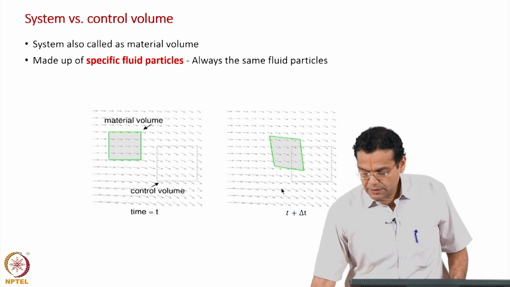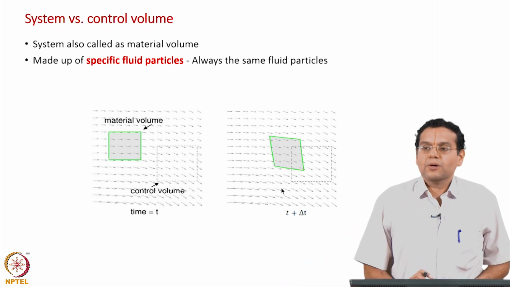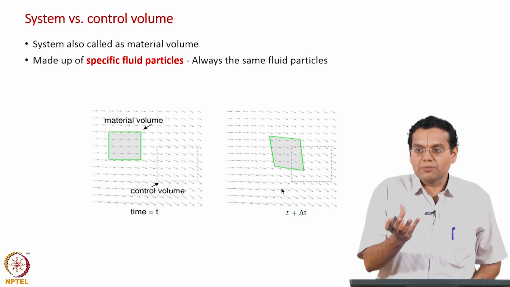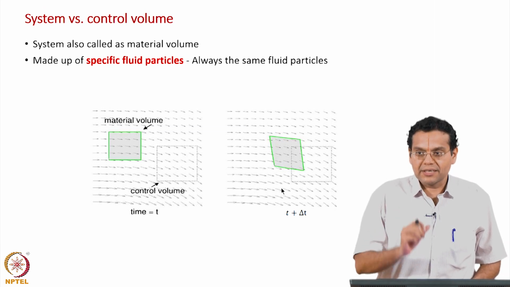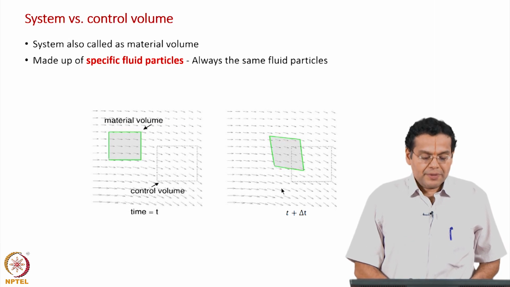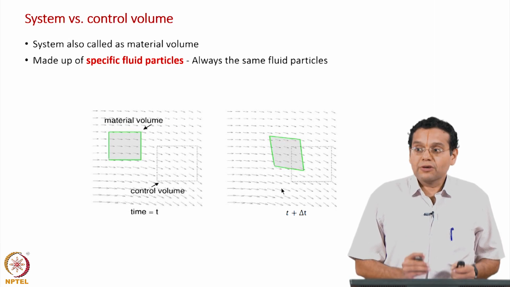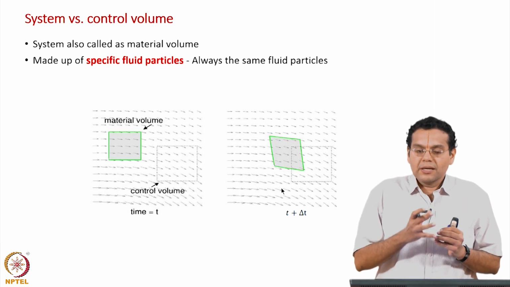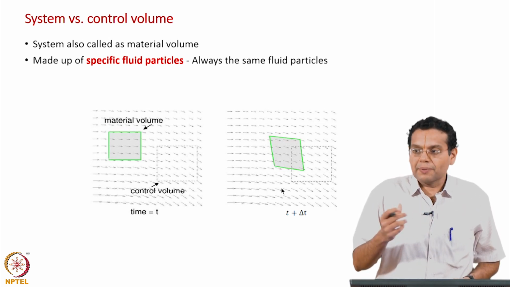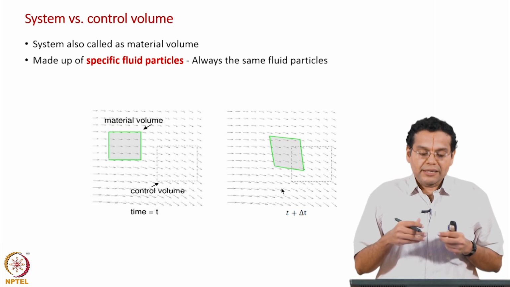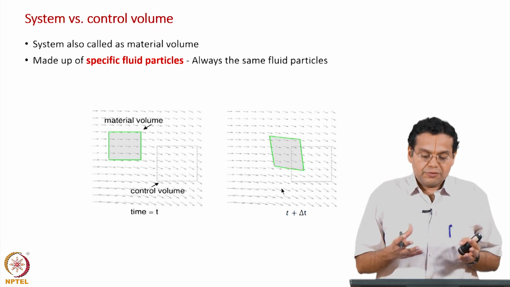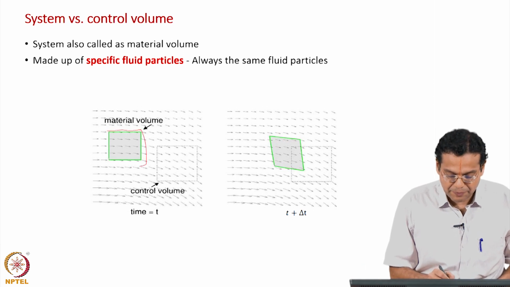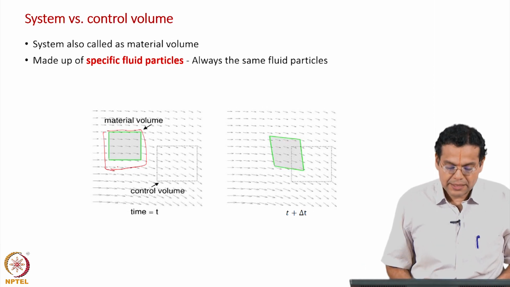As we imagined a particle, how did we imagine a particle? We said the particle consists of a large number of molecules and then we color it with the dye. Analogously here, we identify a set of fluid particles. There we identified a large number of molecules. The molecules constituted the fluid particle. Now we are going to identify a lot of fluid particles, and that is why you have a region in here. What is shown here is a material volume.